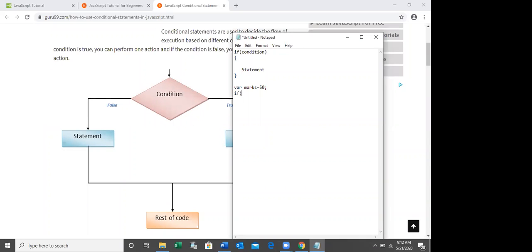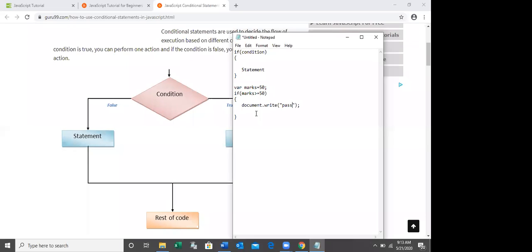If marks greater than or equal 50, document.write pass.